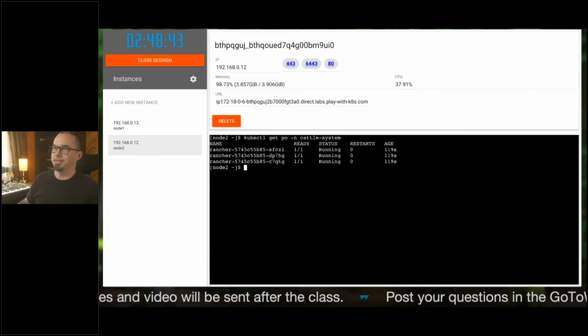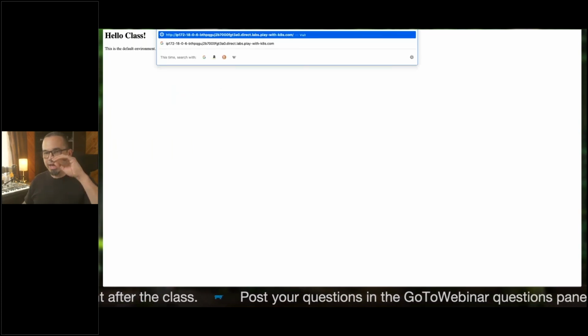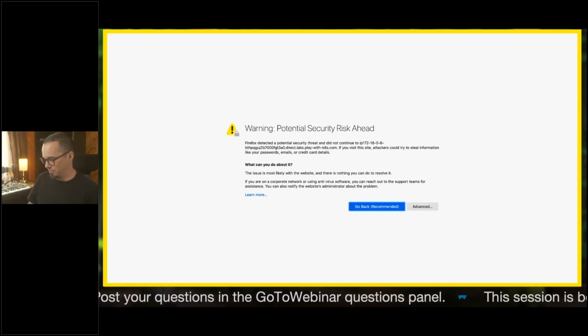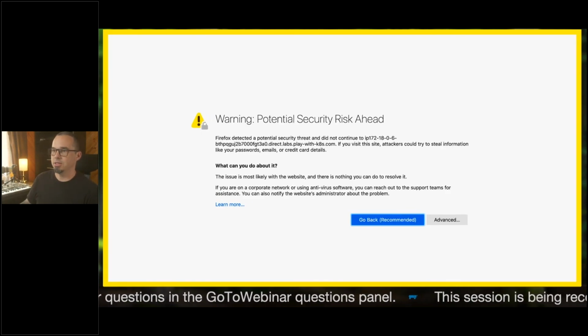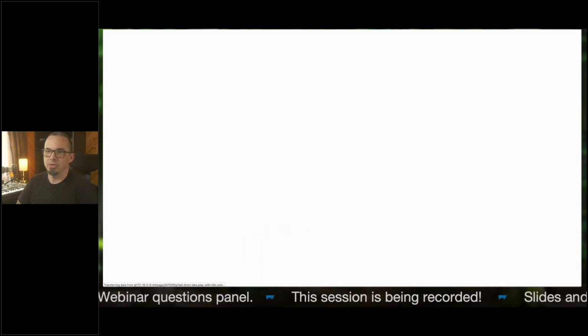So now the super cool part, open a new tab and go to the external address of your Rancher node. You're going to get an alert that there's a self-signed certificate. That's fine. Accept it. And you will now be taken to,